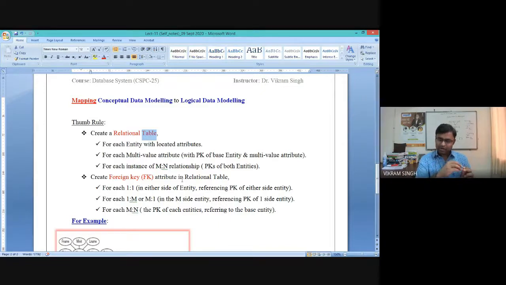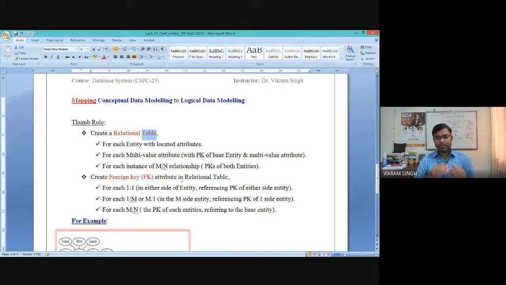Either take the D number and place it here, or take the primary key of the employee table and place it here. So one thing we can do, right? We can use the primary key from this side here, or the primary key from this side there. Both ways. So we have two alternatives. So whenever we have 1:1, you can use the primary key of the other side, right?